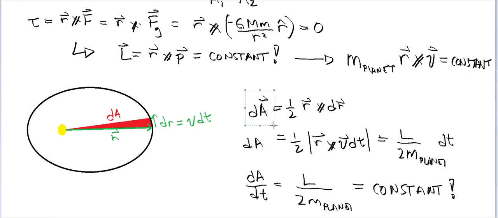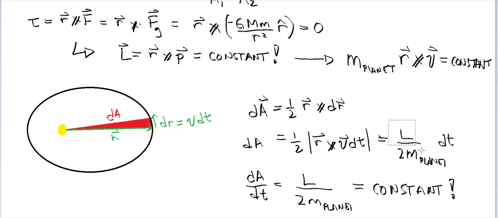So I don't want the incremental area vector, I just want the magnitude. I just care about how much area. And so I'm going to take the absolute value of r cross v dt. And since we said that L is going to go as m r cross v, well, we have an r cross v here, that's equal to an L, if we also had an m, right? And so if I multiply top and bottom by m here,